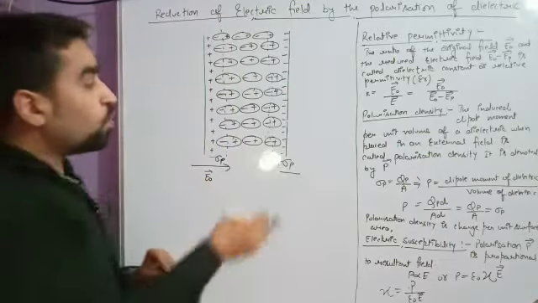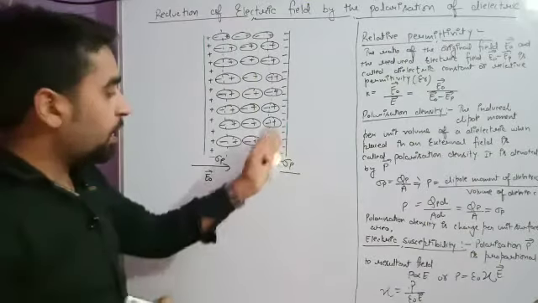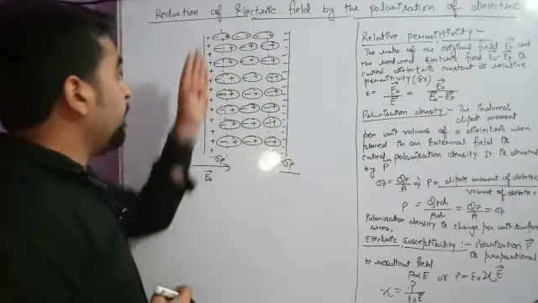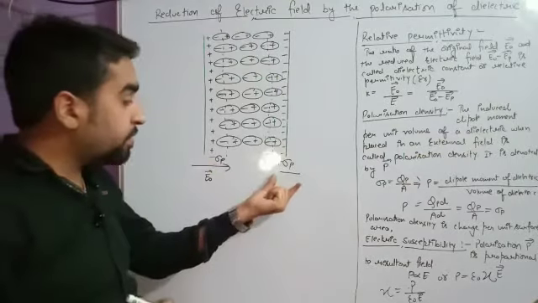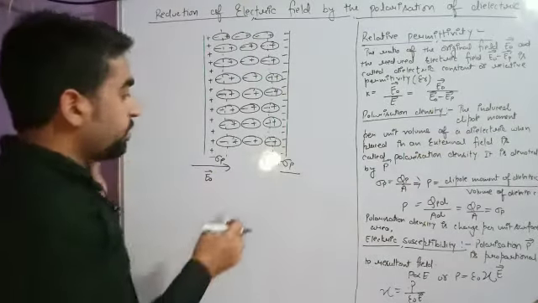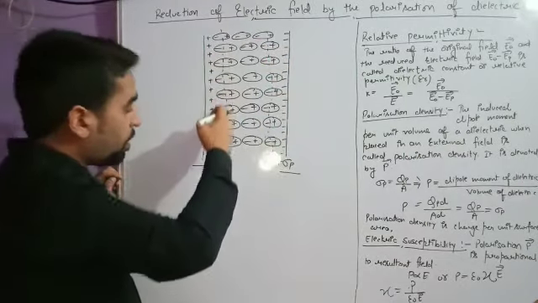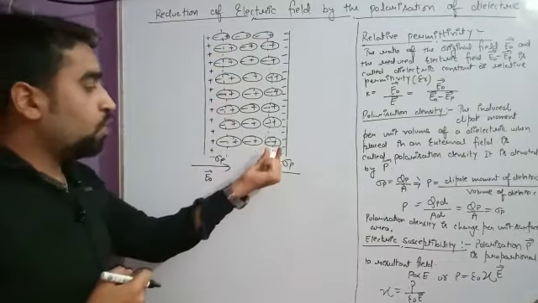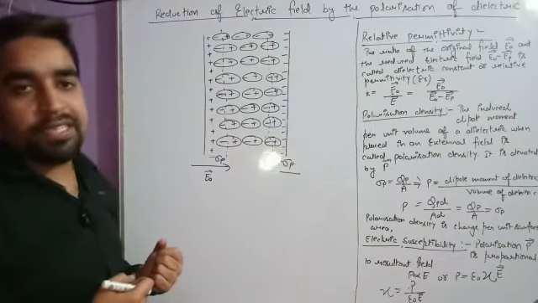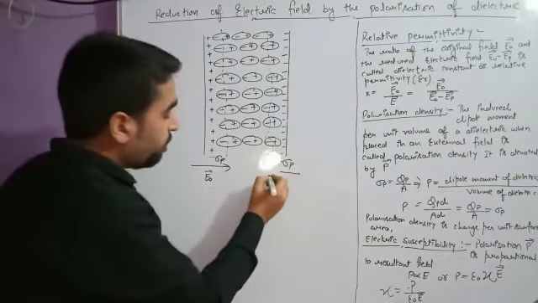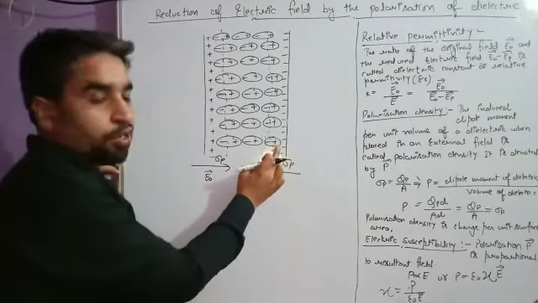So students, the total charge is 0, but the surface charge density is not 0. Here I am writing plus sigma p, here minus sigma p. Why sigma p and minus sigma p? Because this is polarized charge density. Now students, we can see that on one surface there is a positive charge and on the other surface there is a negative charge. So here we can say a higher potential is there and here a lower potential is present. Because of this, one electric field will be induced, okay, and this electric field will be from higher potential to lower potential.